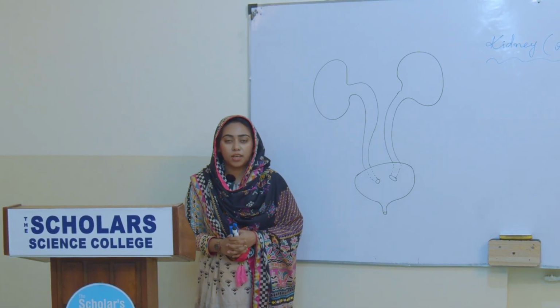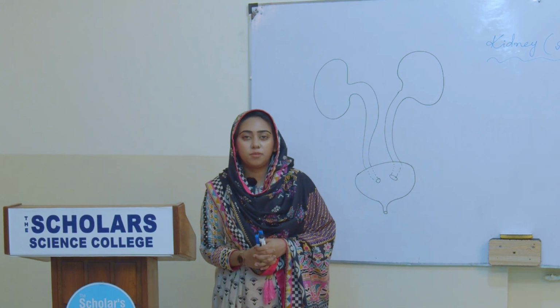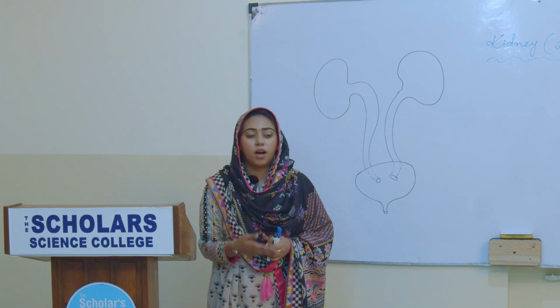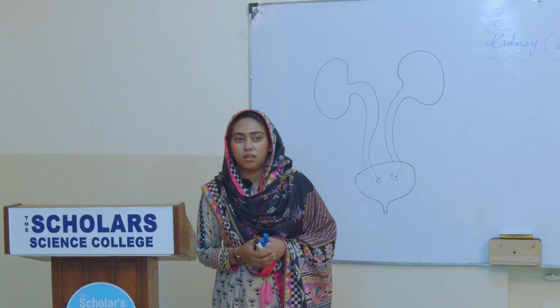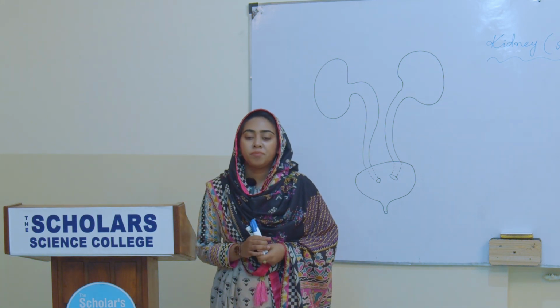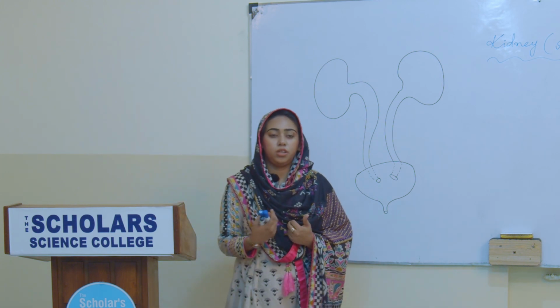We were talking about chapter number 15, which is homeostasis, and in homeostasis we have just a little touch of the excretory system of the humans. So today we will carry on with that. We will talk about the internal anatomy of the kidney and, along with that, the functional unit of the kidney, that is the nephron. Then we will talk about the different parts of the nephron.